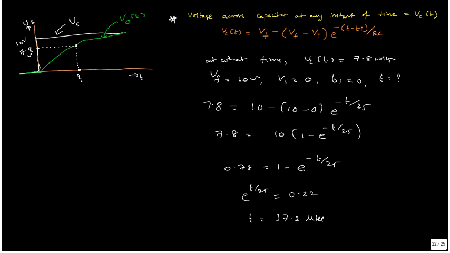And you can confirm that this time has to be less compared to the previous 100 microseconds. By the time of 100 microseconds, the capacitor is reaching 9.8. Now it has to reach 7.8, that means it has to be less only. And next case,